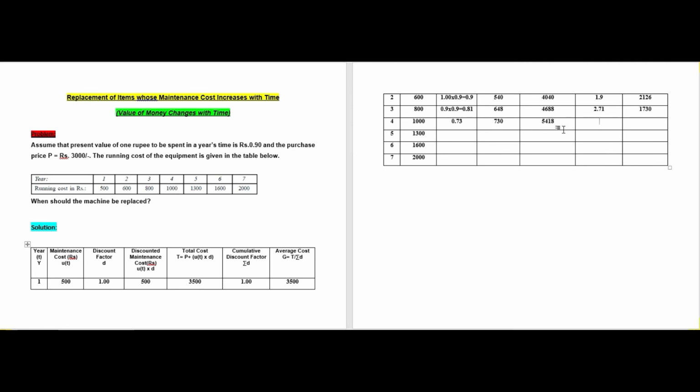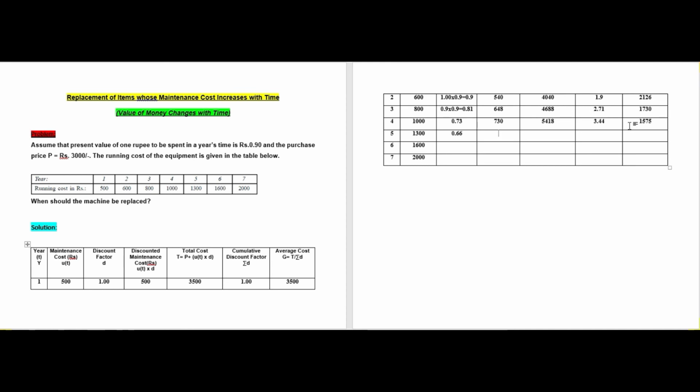The cumulative discount factor is 2.71 plus 0.73, which becomes 3.44, and the average cost equals 5418 divided by 3.44, which is 1575. For the fifth year the maintenance cost is 1300, and the discount factor equals 0.73 into 0.9,